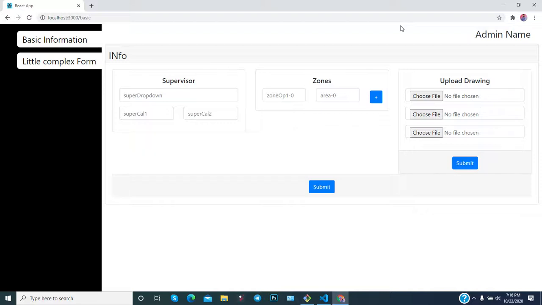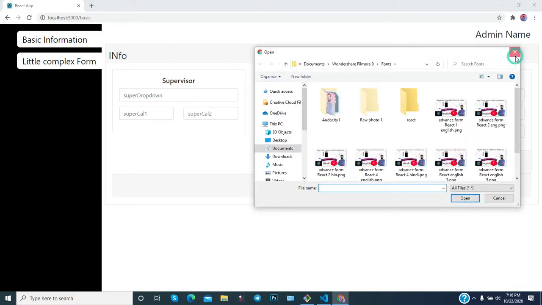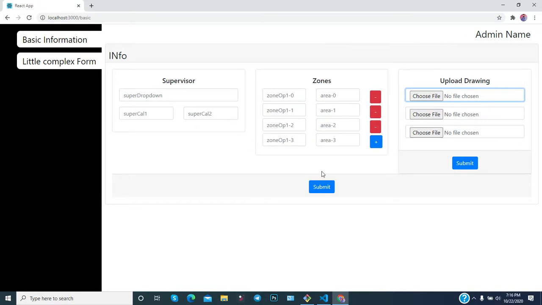In this particular video, I am going to talk about this component. As you can see, there are some cards, and these cards have some fields. Some of the fields are dynamically generated, and this is also a card, and some of the fields are available. So in this particular video, I will talk about these things.